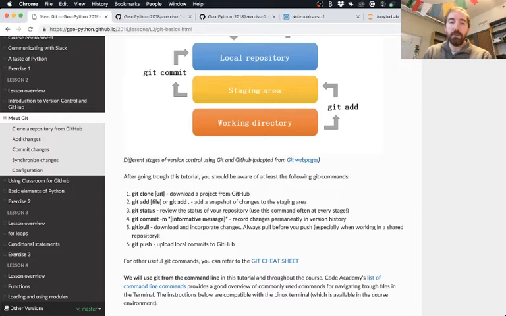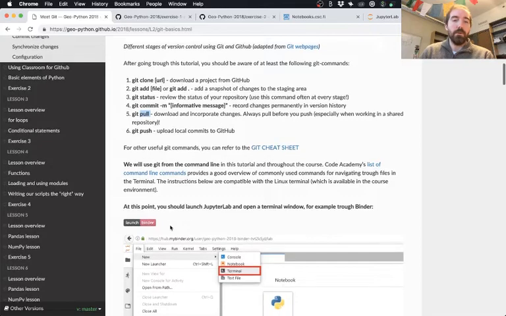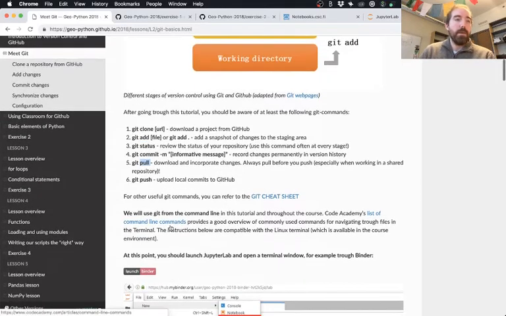I would probably say push and pull, since pulling before you push is never a bad idea. That way, if you've made changes on github.com, you make sure they get updated in your local repository before you push. If you don't, there are some not so nice things that can happen, like merge conflicts, and we'll hopefully avoid those.